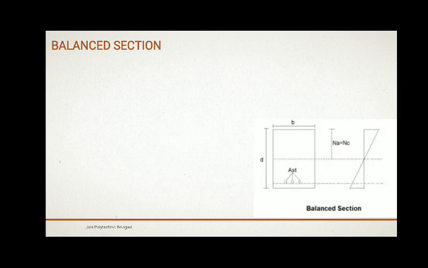First one, we come to balanced section. So here you can see a rectangular section of a beam of width B and D depth, and AST is the area of steel or the reinforcement provided.